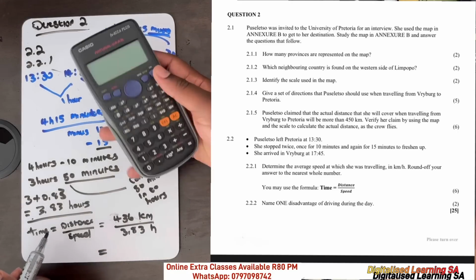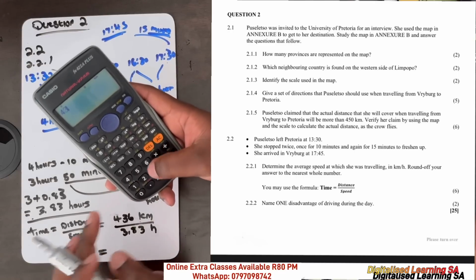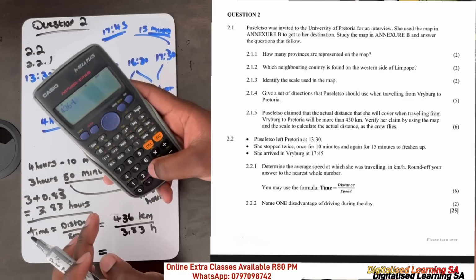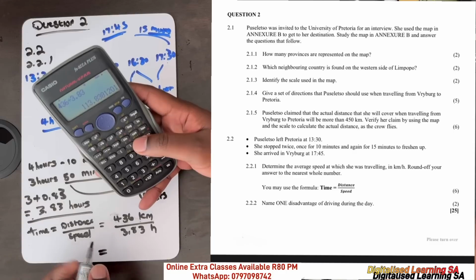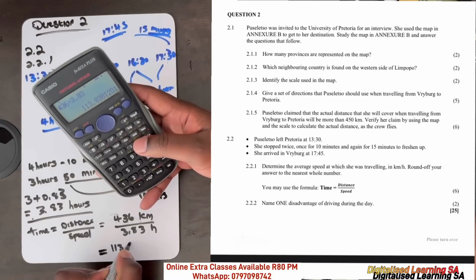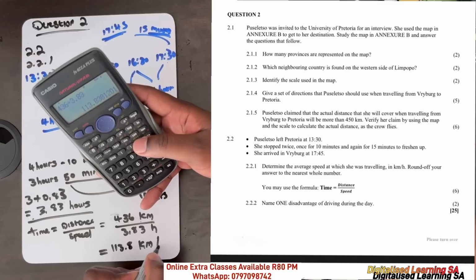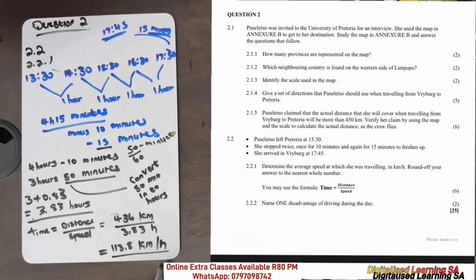So we're just using the formula that we were given. Our answer will be 436 divided by 3.83. So it will be 113.8 kilometers per hour. So the average speed will be 113.8 kilometers per hour. And if we are rounding this off to the nearest whole number, our answer will be 114